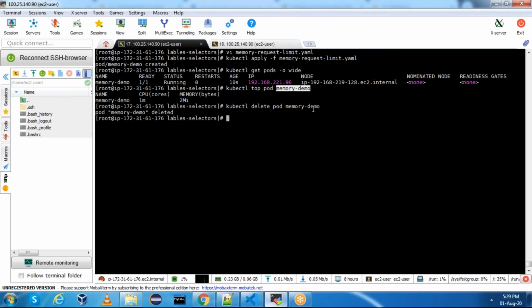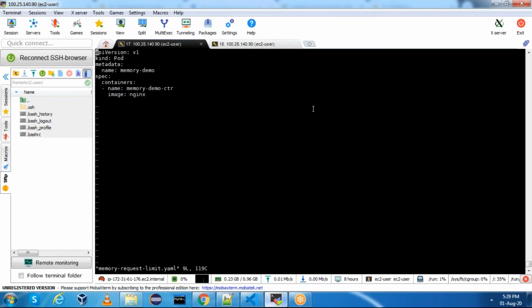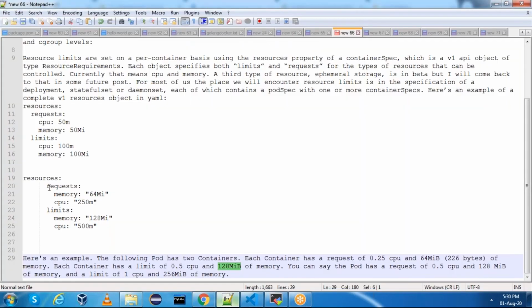Now let me open vi memory request limit. Scroll down, and here you can add the resources. In the resources, you can add request, or else I can copy paste also. It's up to us.